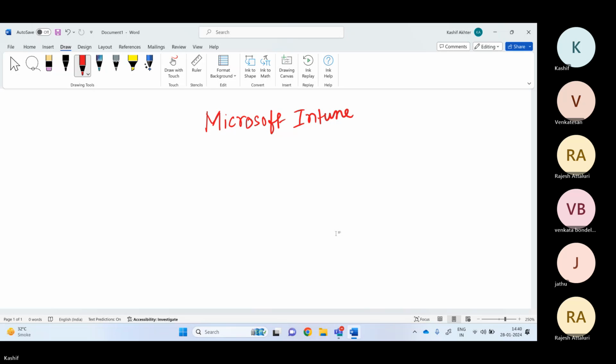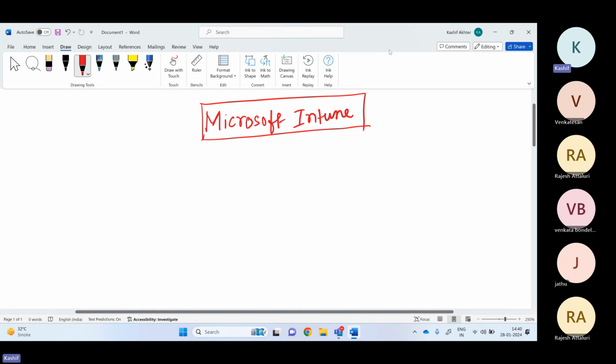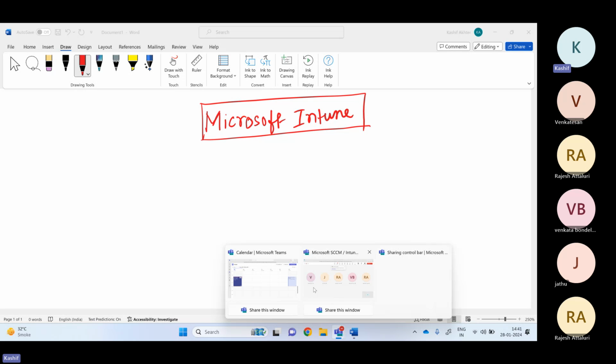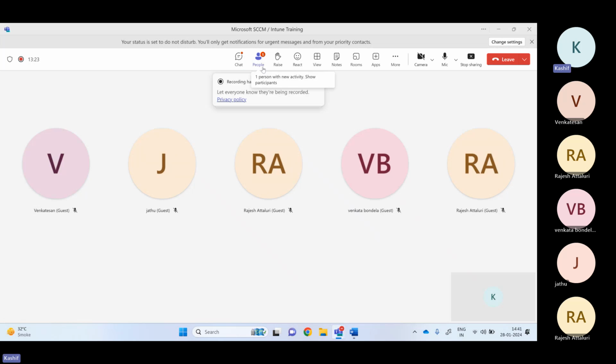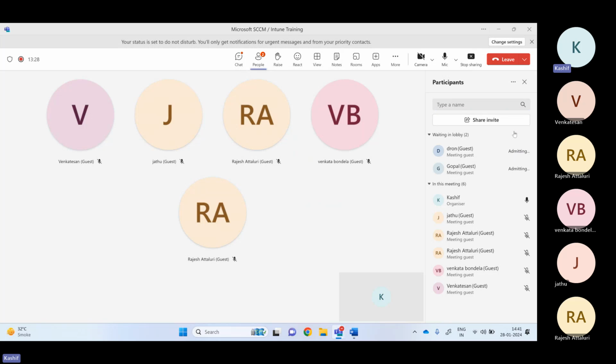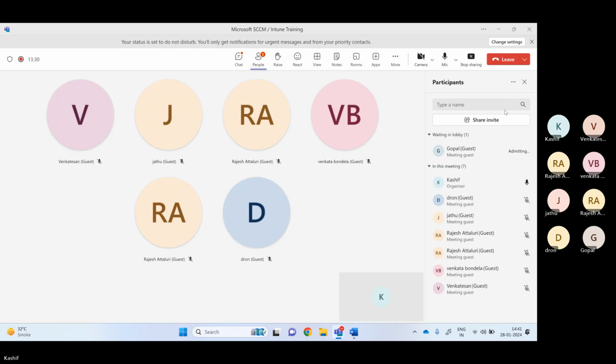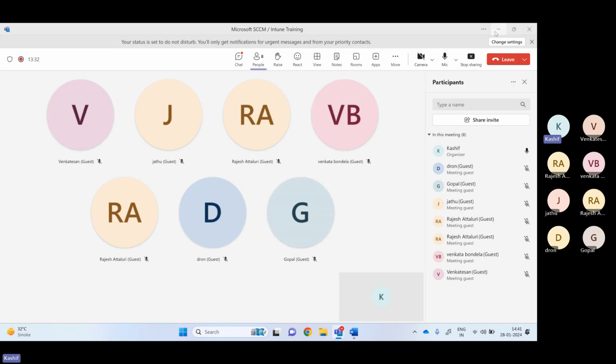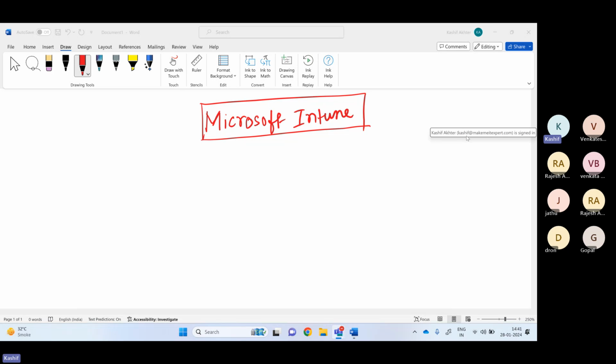Now, in today's session, we are going to discuss Microsoft Intune. What is Intune, the historical background of Intune, and how we can start learning Intune. What will be the prerequisite and how we can do the lab setup. Okay, so first things first,